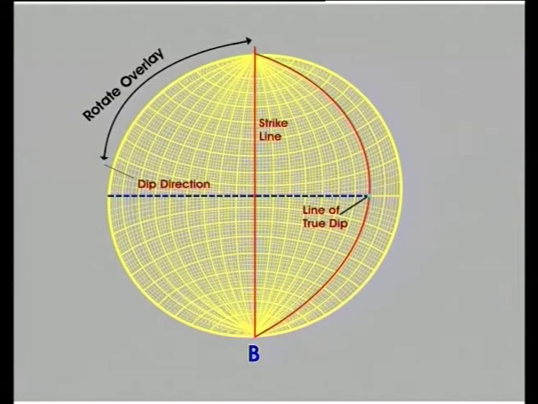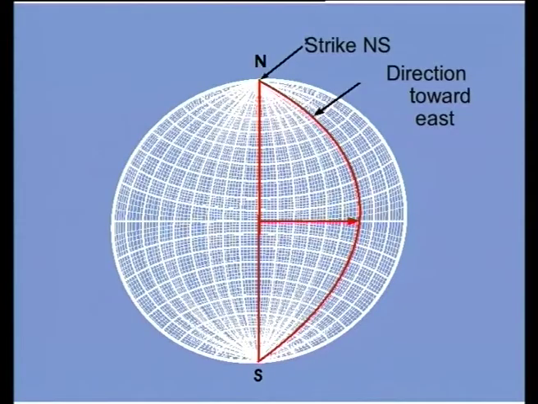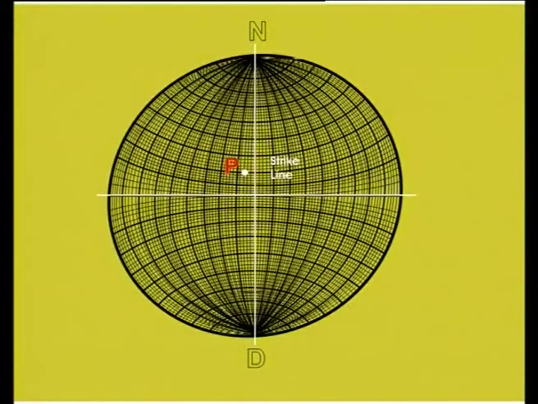A horizontal plane will intersect the sphere along the equatorial plane. So, its stereographic projection will be the periphery of the equatorial plane, while a vertical plane striking north-south will intersect the lower hemisphere along a curved line, but the cyclographic or stereographic projection of this curved line will be a straight line on the equatorial plane running north-south. So, the inclination of the plane will gradually become reflected in the stereographic projection in the distance of the stereographic projection on the median plane.